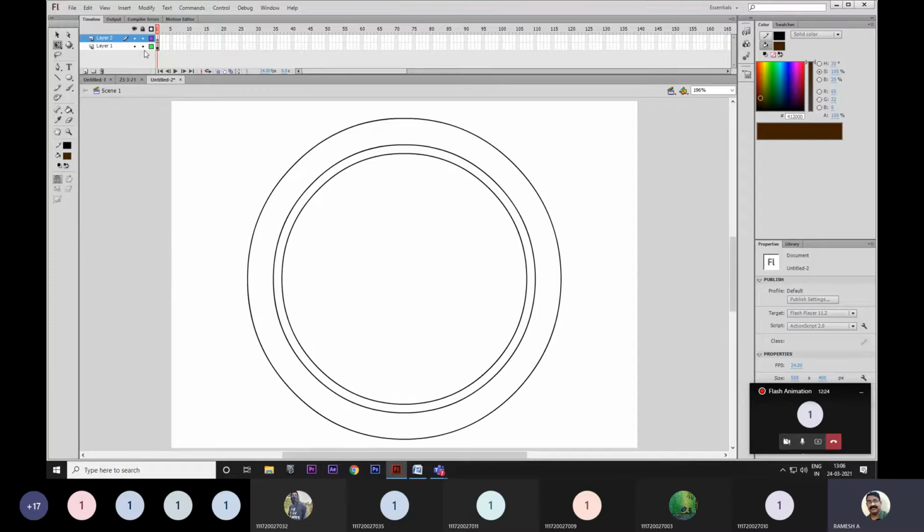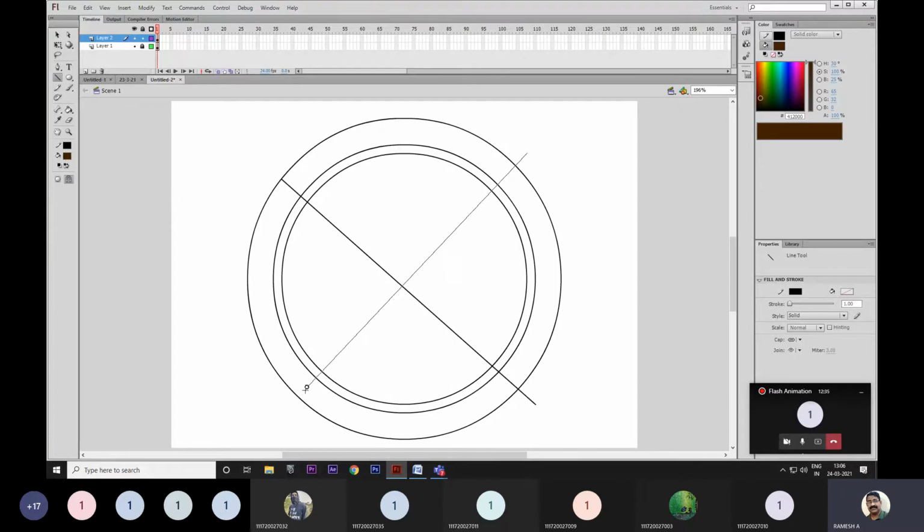I don't want to disturb the previous one. You are saying to draw the diagonal lines. Okay, suppose I draw a diagonal line like this and like this. See, if the line is going this way, which one is the correct one? How will you come to know? Is this exactly correct?